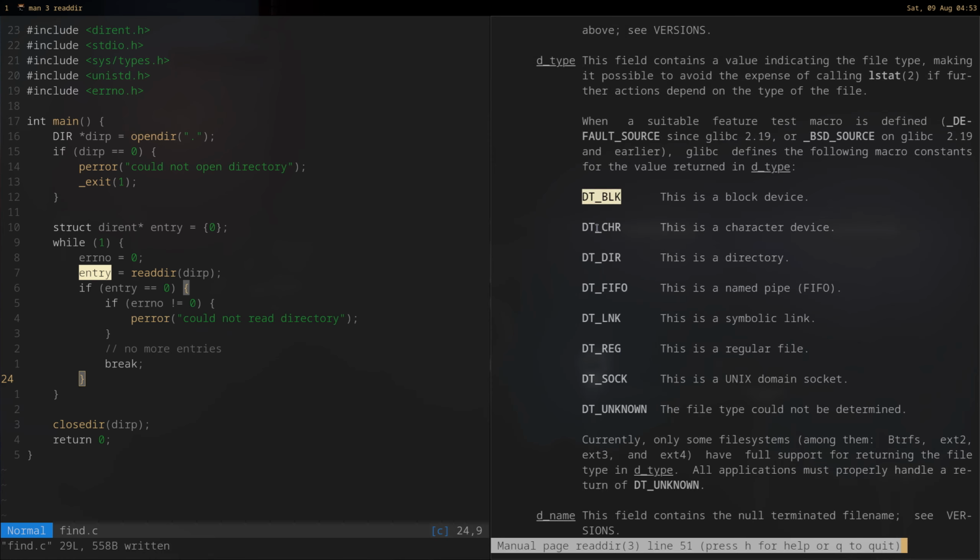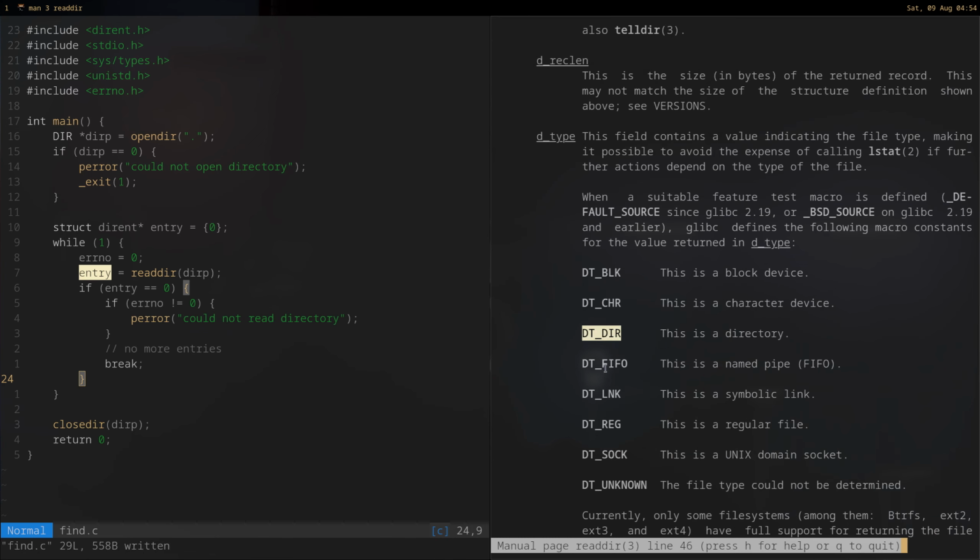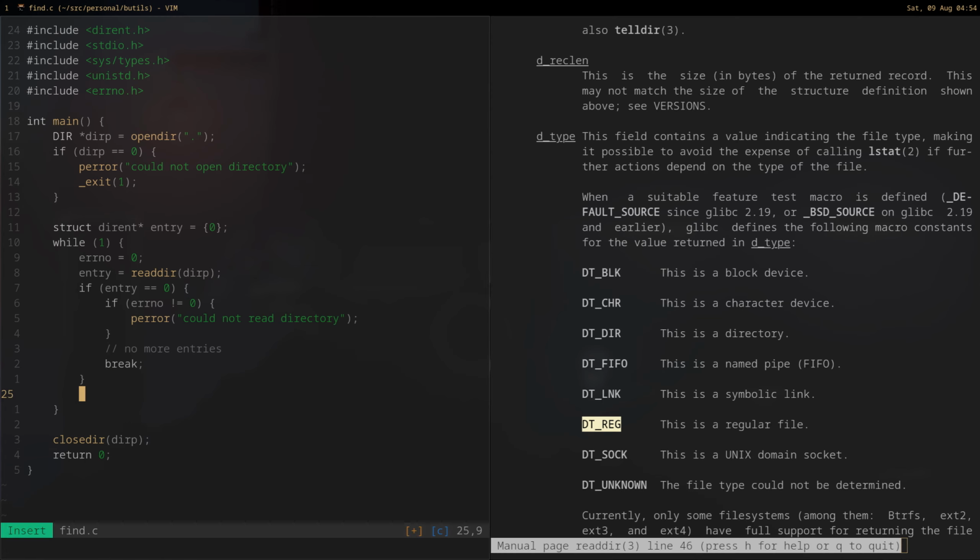Okay, this is a block device. DT_CHR, DT_DIR, and DT_REG. So this might be it. So we say, so we just print this thing now,